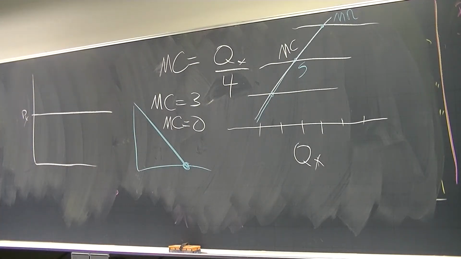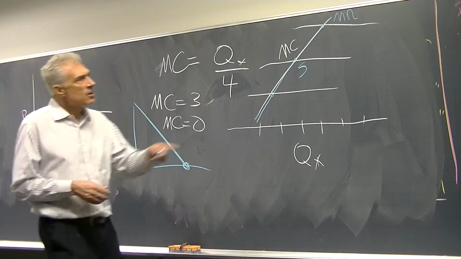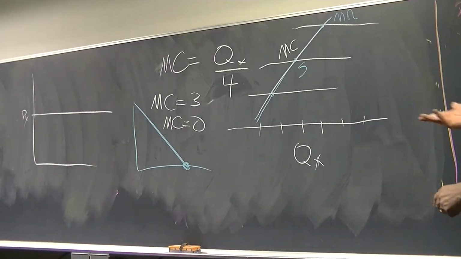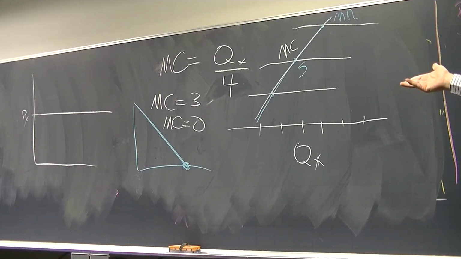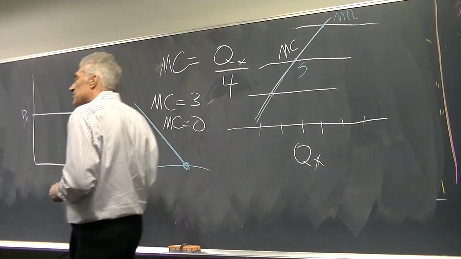Let's see, we've got monopoly, natural monopoly, monopolistic competition. Well, let's do the monopolistic competition. Well, natural monopoly is the same thing. It's just the same. Now, monopolistic competition,